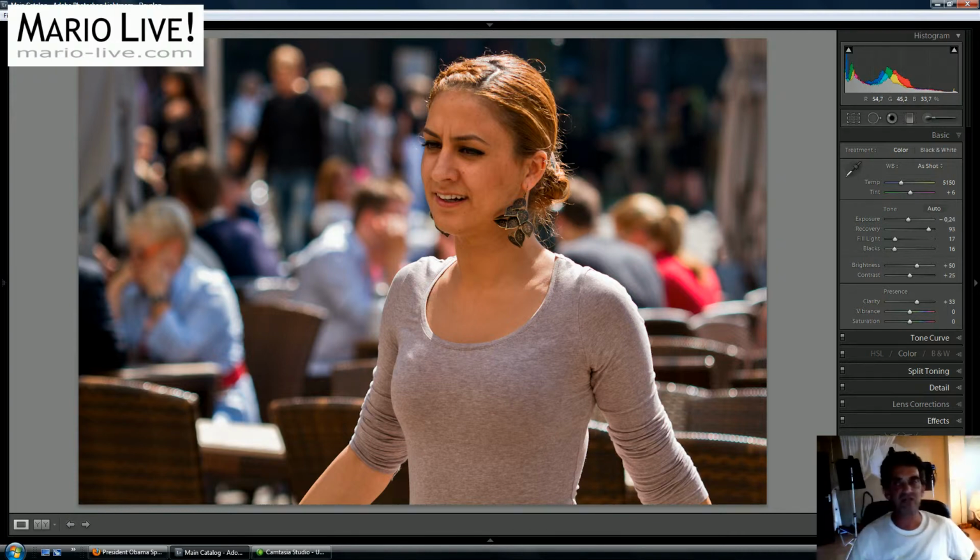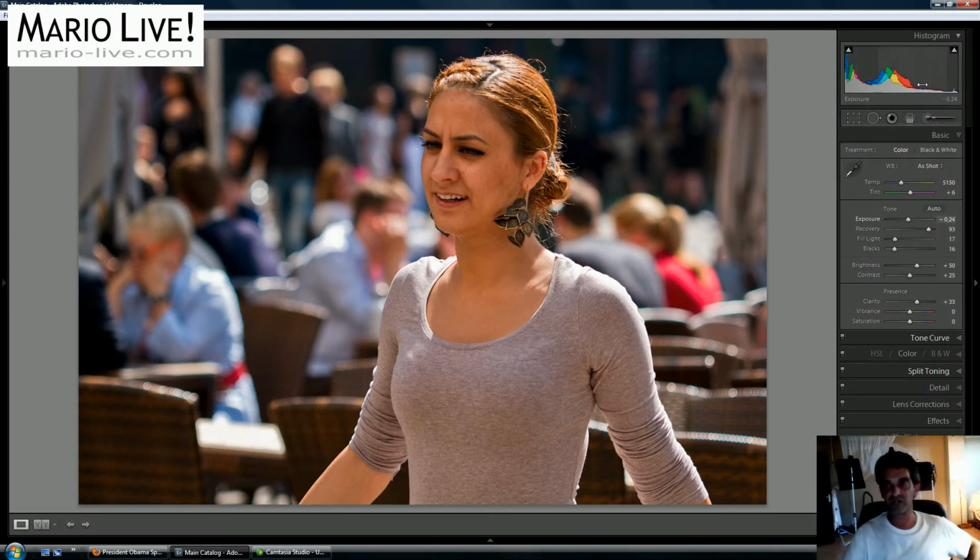And now let's have a look at the numbers. So we went nearly a quarter of a stop down with the exposure, and to be honest, would you have dragged the recovery slider totally to 93 out of 100? Certainly you wouldn't. And the fill light, which I normally don't use that much, is at 17, and the blacks I'm quite addicted to put at 8 or 10, but you see I went to 18, and this is just by the feel,